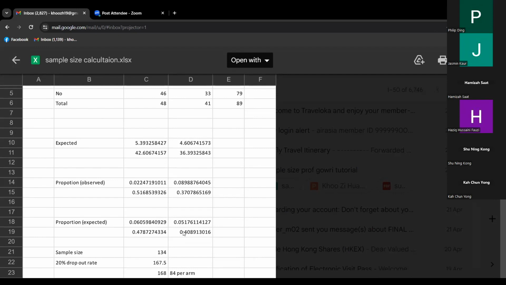So when you're collecting, are you going to be able to get 84 of the historical cohort, the conventional, and 84 of the new technique? Are you going to be able to answer that bit first? If yes, you can, then stick with 1 to 1.